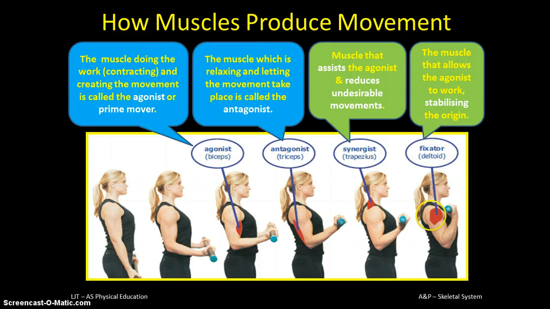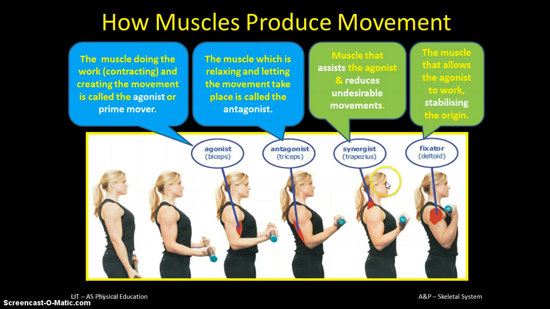We've also got the deltoids, the muscle over the top of the shoulder joint, working as a stabilizing joint. So you may know that the origin of the biceps brachii is basically on your shoulder, and it inserts down on your radius and ulna. Now, we don't want the end of this tendon, this origin of the biceps brachii, to move particularly. We want it fixed, we want it stabilized, and so the deltoid works to pretty much hold that in place and control movement there. So the deltoid works as a fixator muscle in this example,